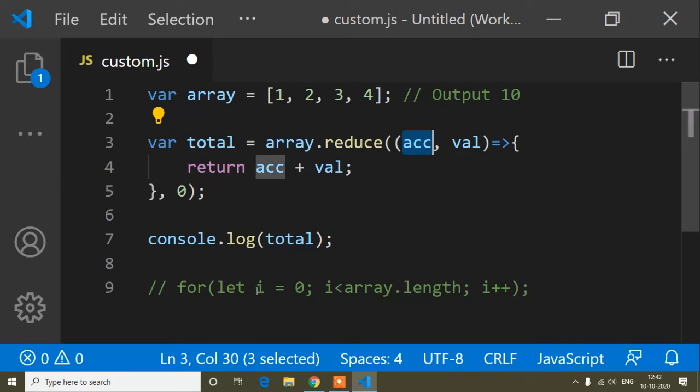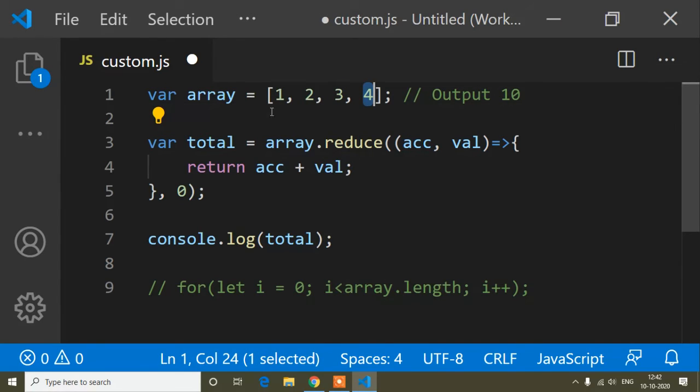Here the accumulator is similar to i, and we pass 0, which is the syntax, meaning the accumulator will start from 0. And value means these ones: 1 2 3 4.